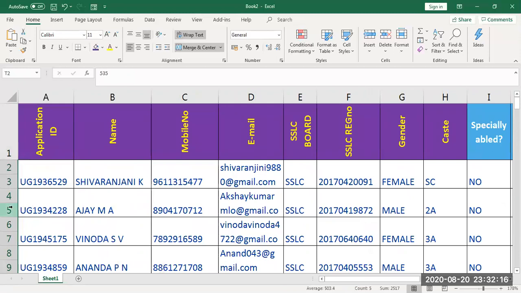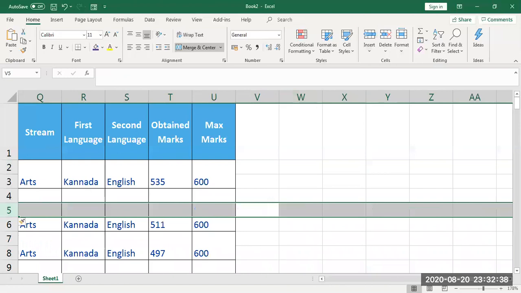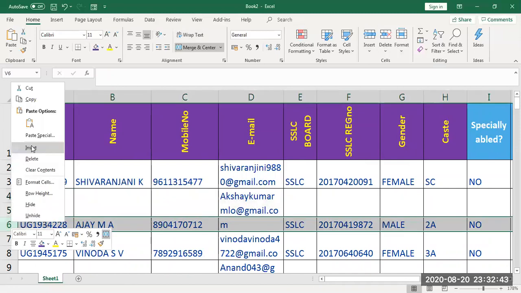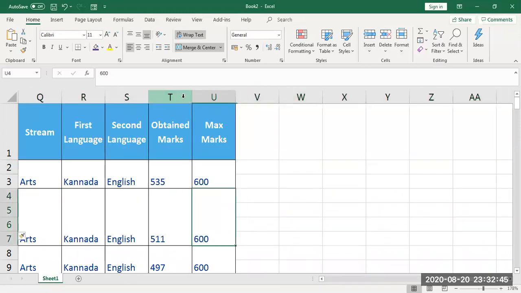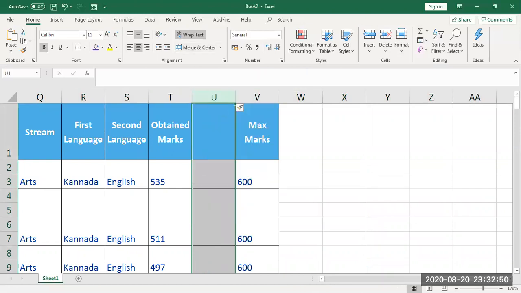In this case, I want to insert a particular student's name in between, which means you will have an option called insert. Just select wherever below. Here I need to insert at location 5. Just click insert. You can select entire row or only one cell. If I say insert row, an entire new row will be inserted. See, an entire new row is inserted for us. Same way, if I want to insert here and give insert, an entire column will be inserted.